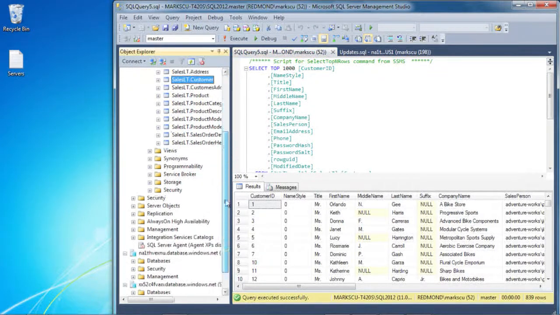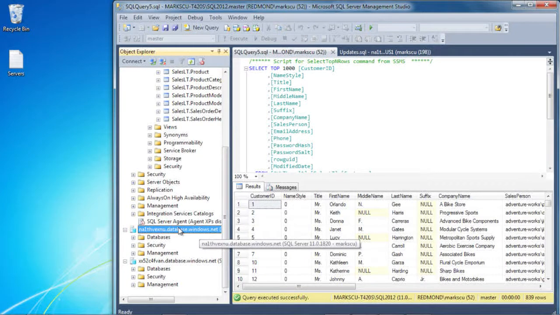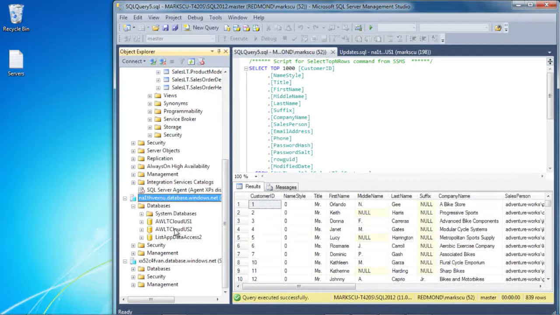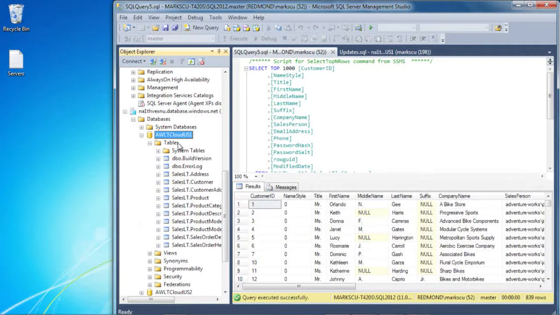In the cloud, I've got a connection here to a SQL Azure server in a US-based data center. If I expand the databases here, we can see I have a couple of databases in the cloud, and for this first part of the demo, we're going to use Cloud US1. So this is a SQL Azure database, and we can see here, if I expand the tables, that again, I've got the same AdventureWorks Lite schema. So I've used exactly the same scripts to deploy my cloud-based database as I did my on-premises SQL Server 2012 database. But if I query the same table, the customer table,